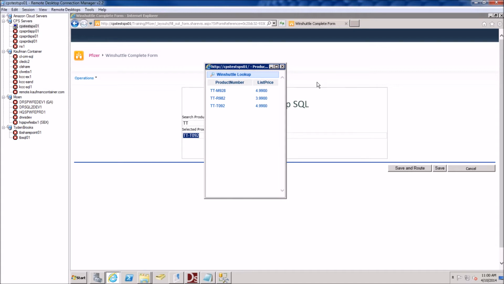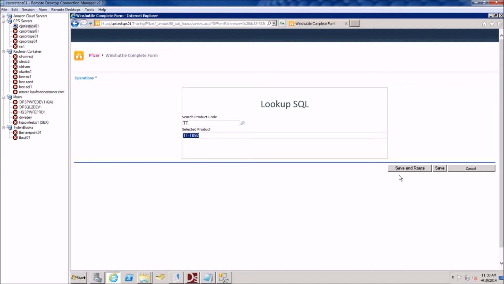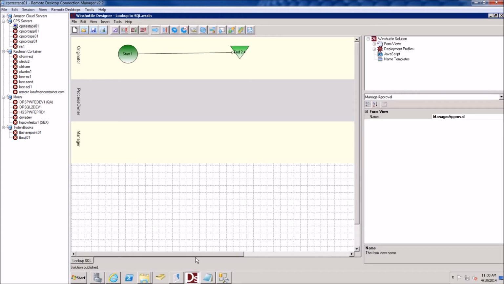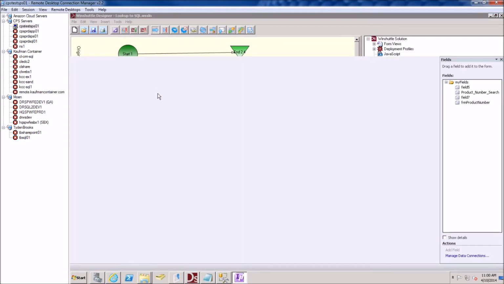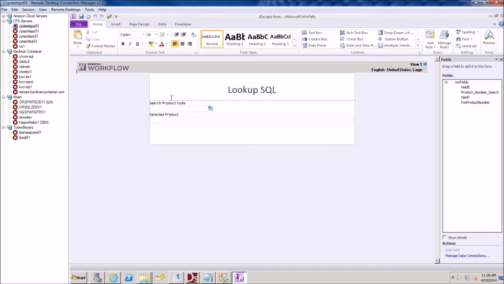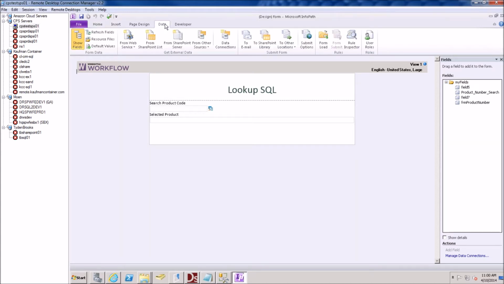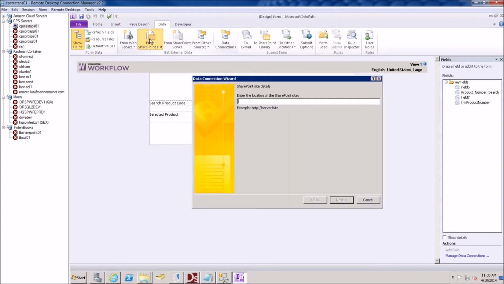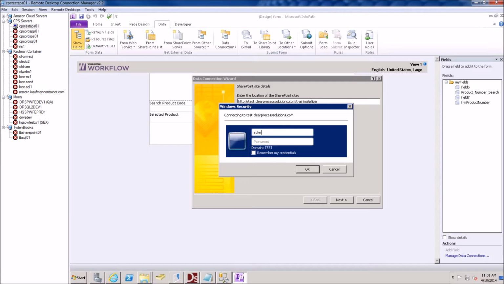So if I was connecting to, let's add one more lookup control real quickly. So if we wanted to connect to SharePoint and connect to our employees list, and we wanted to display that in a lookup control, if I click on data, I first have to add a connection string to my Pfizer site. So let's go ahead and add a connection string to Pfizer, and we'll put